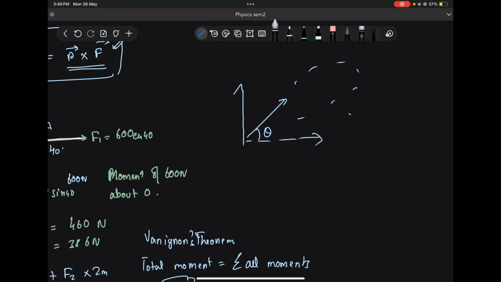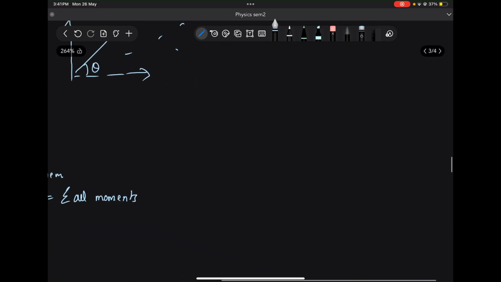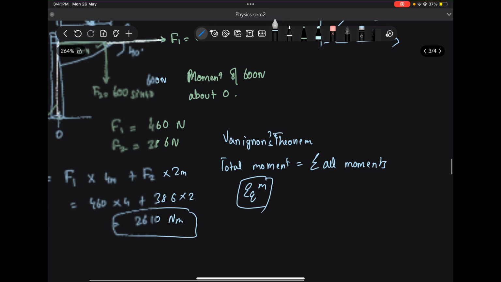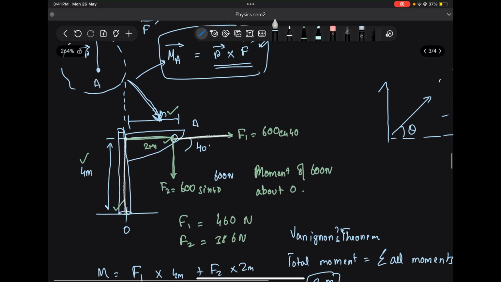So as long as the magnitude and the direction of the vector are constant, you can change where the vector lies in space, and that will not affect it. The simplest example you might have learned is that if you have two vectors like this, you shift this vector to over here and then calculate the resultant using the triangle law. In the same way, you can shift this force to over here